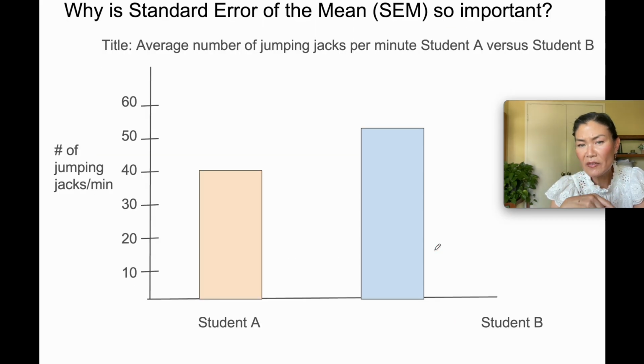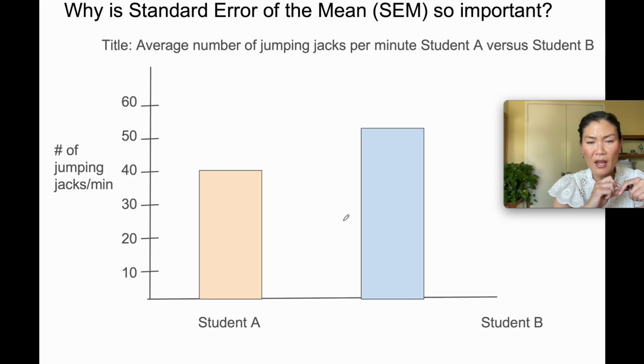So why is that standard error of the mean, those bars, so important? Well, looking at this very simplistic graph that I made, this is the average number of jumping jacks per minute, student A versus student B. And when I look at this, I can see that student B is better at doing the number of jumping jacks per minute. On average, they have maybe 55 jumping jacks per minute, whereas student A can do about an average of 40 jumping jacks per minute. So when I compare the two bars, it does look like student B is better at doing the jumping jacks